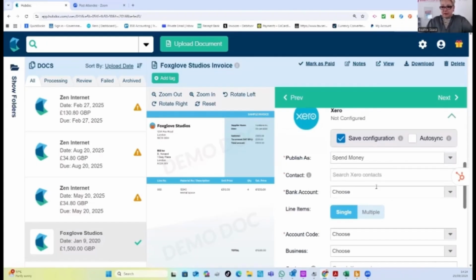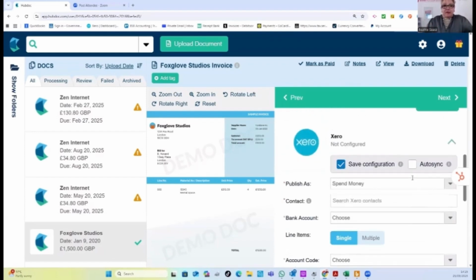With spend money transactions, the only thing is that you have to make sure that you choose the correct bank account the money has gone out from. So either it was your main bank account, your credit card, your Stripe, your PayPal, or whatever else, you need to choose it right here. So going back to purchases,